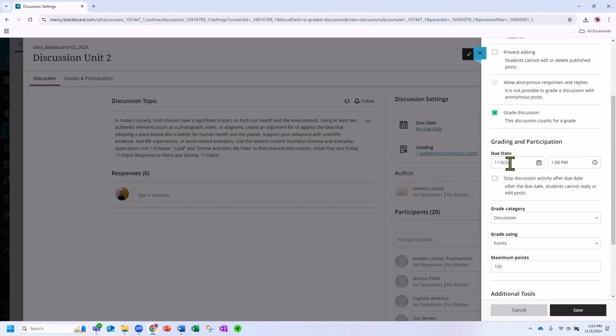Begin first with your due date. To set up the correct due date, go ahead and click on the calendar. Since November is not the correct month, what I'm going to do is I'm going to use this arrow to the right to keep clicking until I get to the correct month of January. When I'm in January, I'm now going to go ahead and select the correct date that I want this to